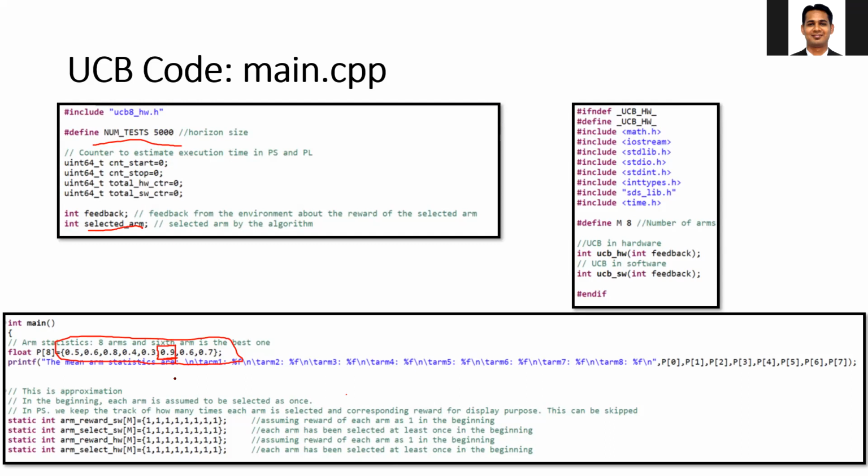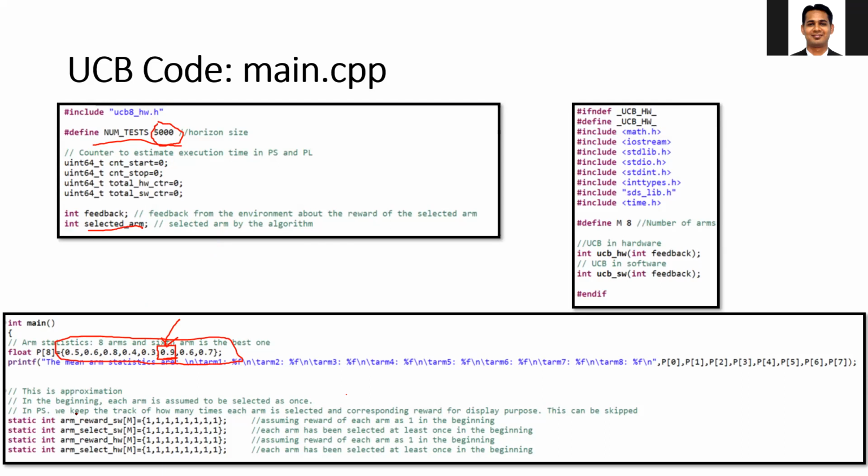Our algorithm doesn't know this probability, and the algorithm needs to sample all the arms a sufficient number of times to learn it, and it needs to make sure that it selects this 6th arm as many times as possible out of those 5,000 time slots. You can consider this as an example where you have been told that there are 8 arms, you don't know anything about the arms, and you need to select arms such that by the end of 5,000 time slots, you should have chosen the 6th arm as many times as possible.